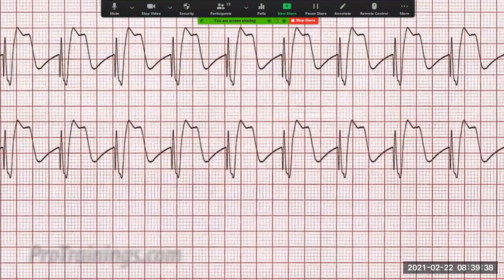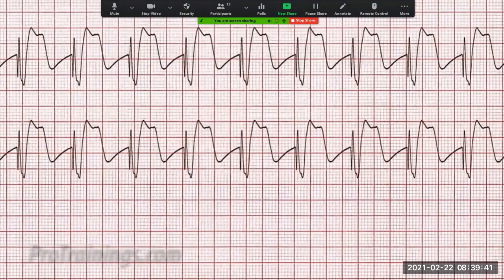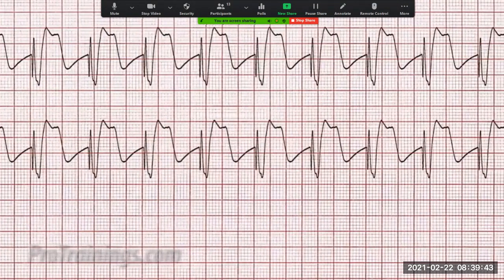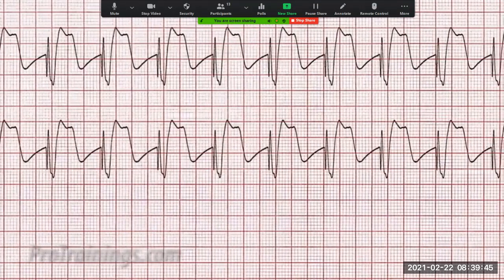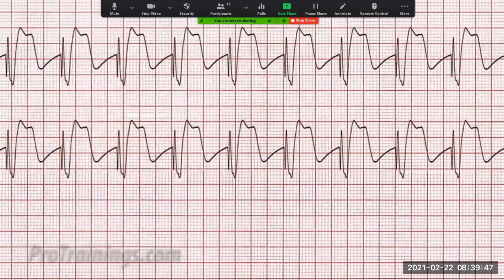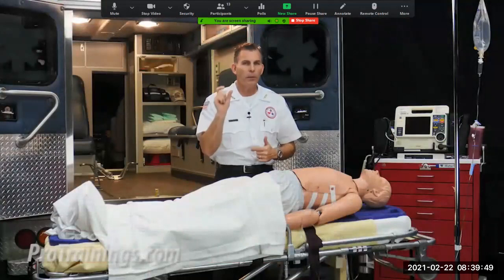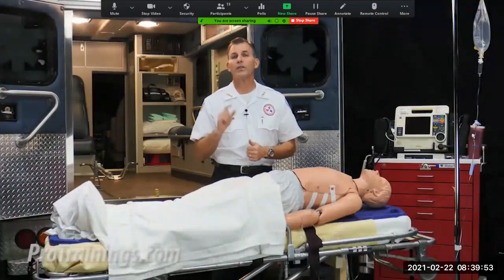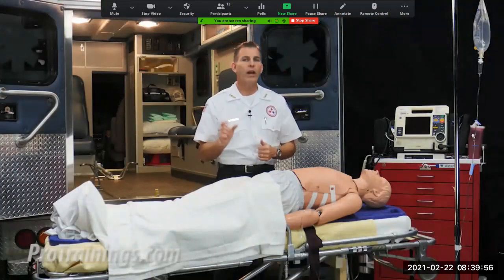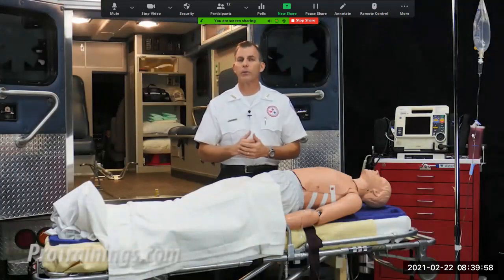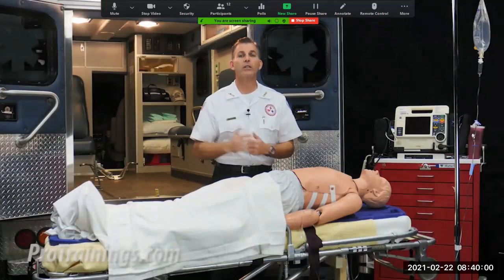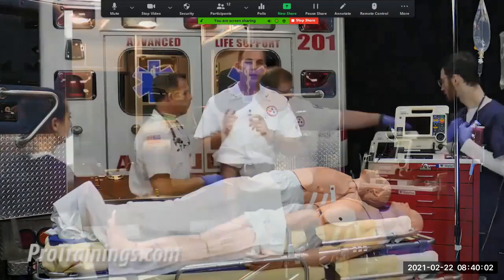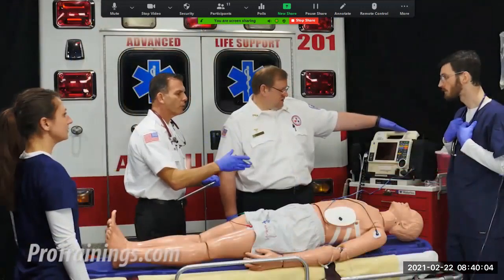When we have that consistent capture, we're going to then turn the interval that our machine has up, so we should be able to turn it up 2 to 5 milliamps, just a little bit more to keep the capture. In our scenario, we turn the milliamps up to 75. Once you have consistent capture at 60 beats per minute, you can turn up the rate until the symptoms improve. This is typically between 60 to 70 beats per minute.